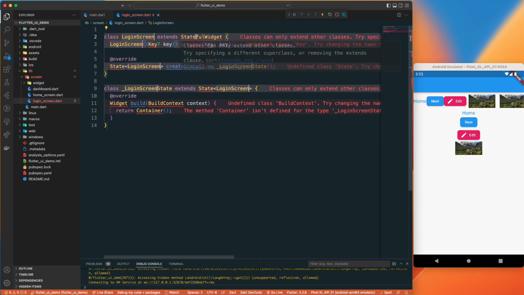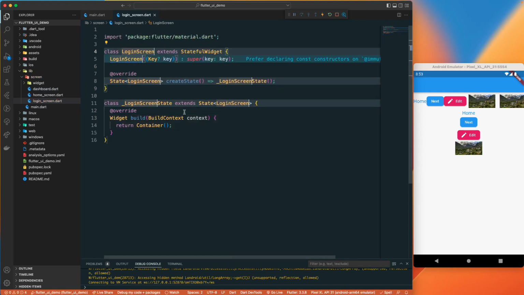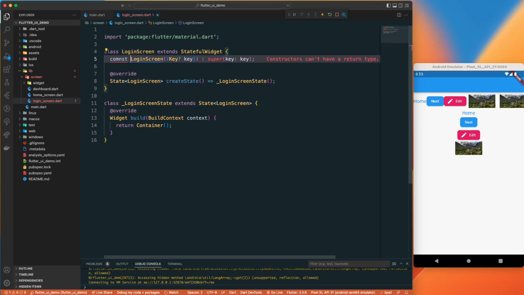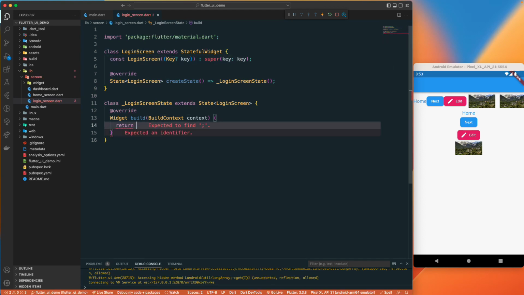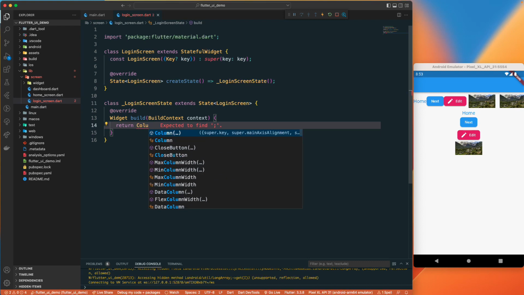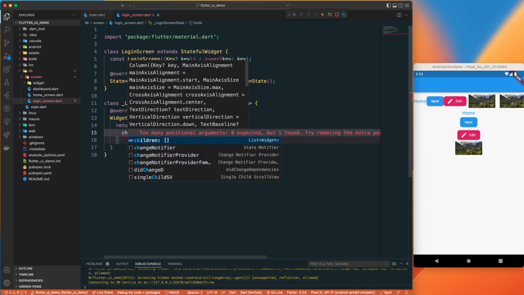And let me import this particular material package over here. And after we have that particular package, sorry, it should be const. And here what we will do is we'll return a column, and this column has